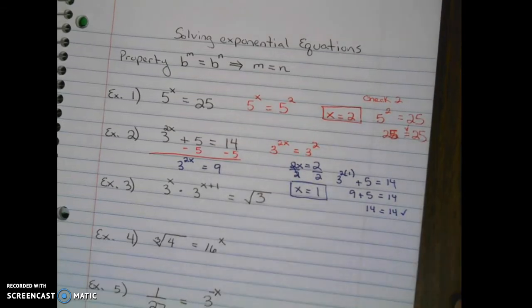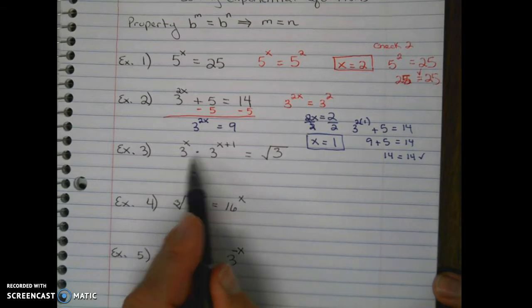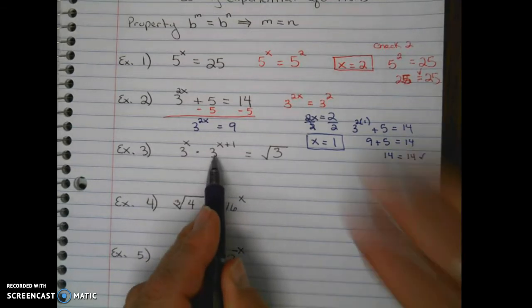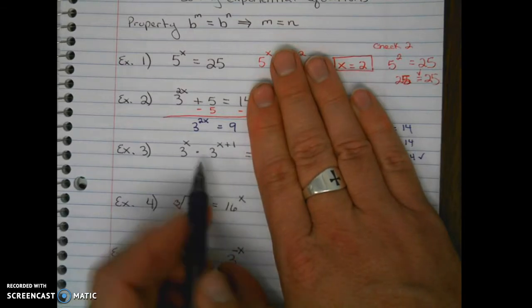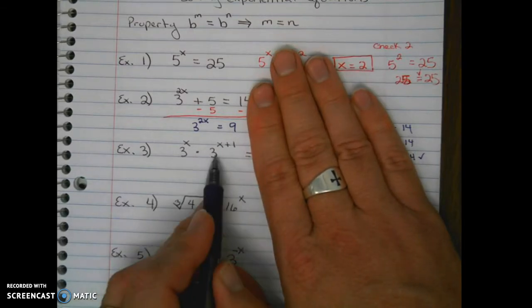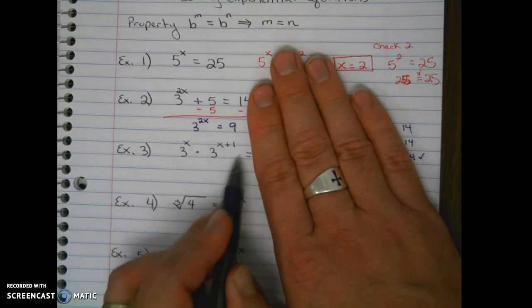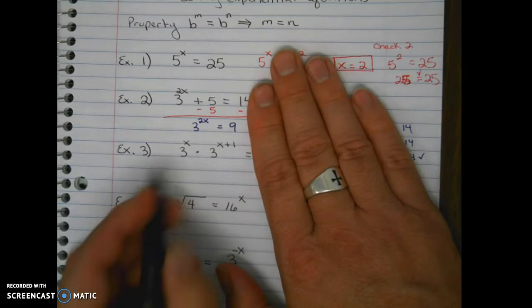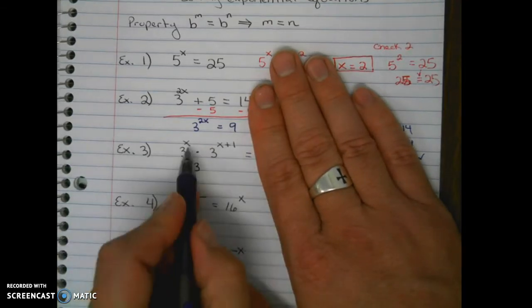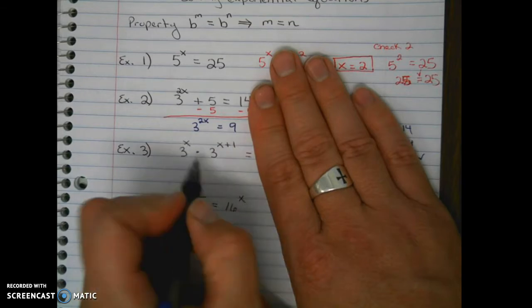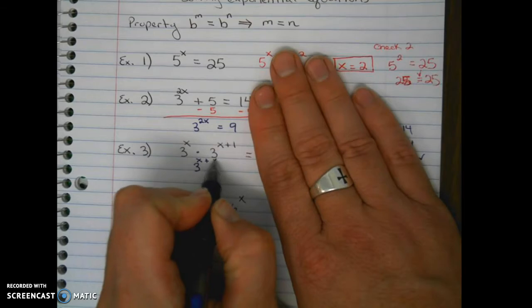Okay. Third example. Here we start off with these 2 bases being the same, but they're on the same side of the equal sign. So recall that when you multiply like bases, you can add the exponents together. So we can combine these down to 1 base, and adding the exponents together, we have x plus x plus 1